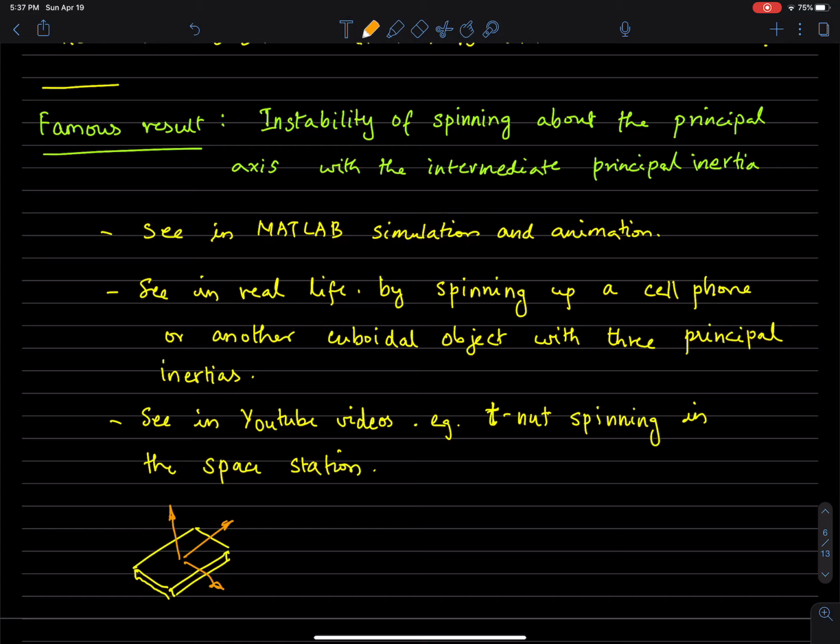So this is out of the plane, and this is along the plane through the center of mass along the long axis, and then this is along the short axis. And I believe if you actually find the moments of inertia about the three axes, the principal moments of inertia, you'll find that